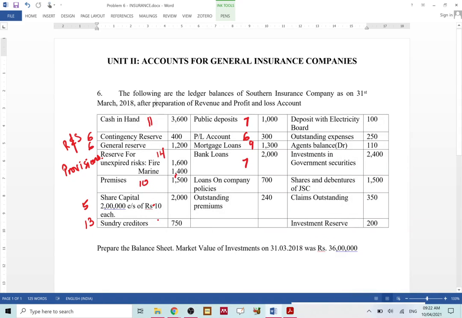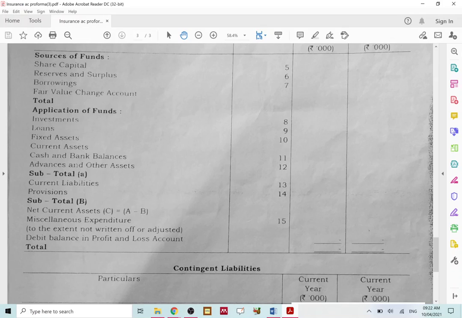Then loans on company policies are again Schedule 9, loans given. Like I said, on all insurance policies of the company certain loans may be given by the insurance company. Okay, next one, outstanding premiums. Now, premiums are paid or received by the insurance company